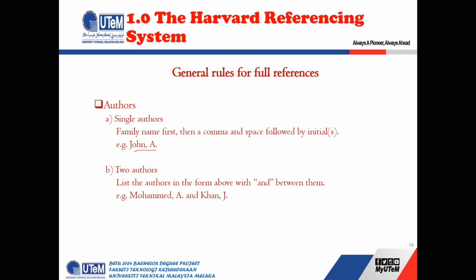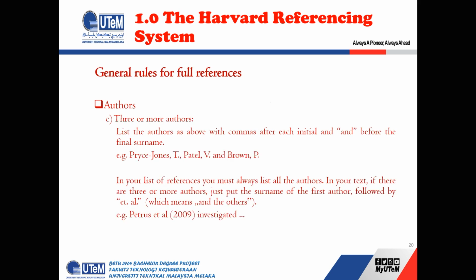If there are two authors, then you can use the word and in between. For example, Muhammad A. Let's say someone's name is Arslan Muhammad or Arif Muhammad. So A here and before that Muhammad and comma A dot, and then someone, let's say Jamal Khan. So J should be there and then Khan should be before J. Khan comma J dot. So this is the general rule for the authors.